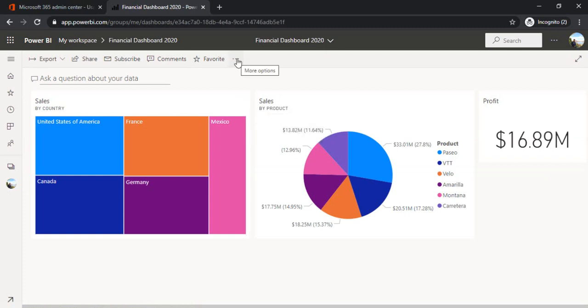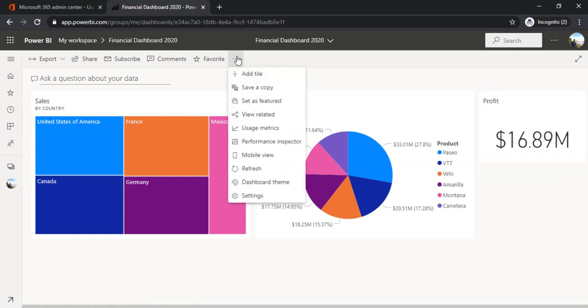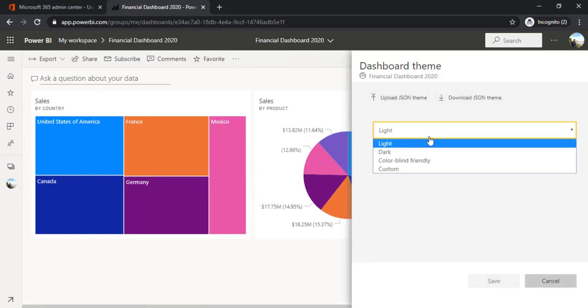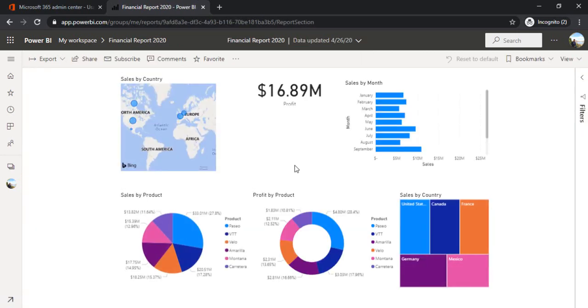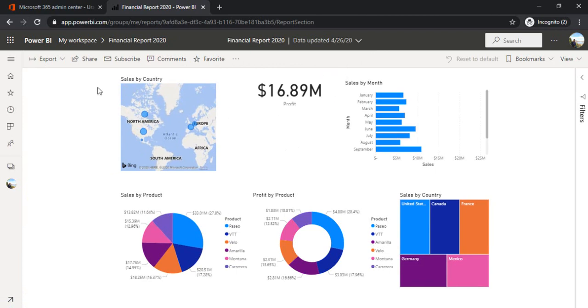That's pretty good, but I don't like the background much, so I can change the setting for the background. I can change the dashboard themes. So let's say I pick the darker theme. Nice, now it's looking like a company's dashboard. And what if I click on these chart objects? Oh, it redirected me to the actual reports where I can see the detailed stuff.